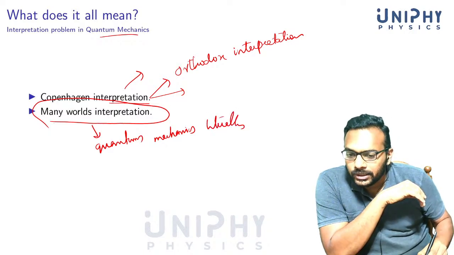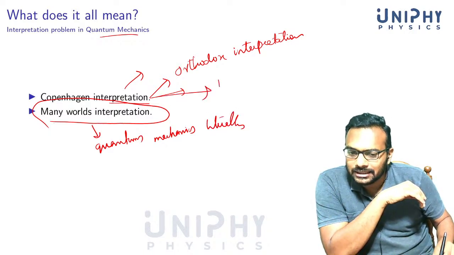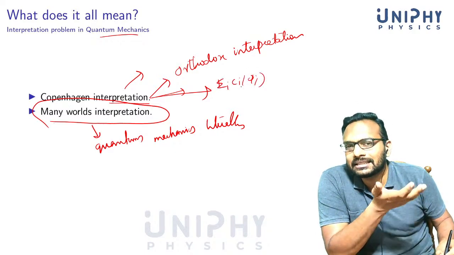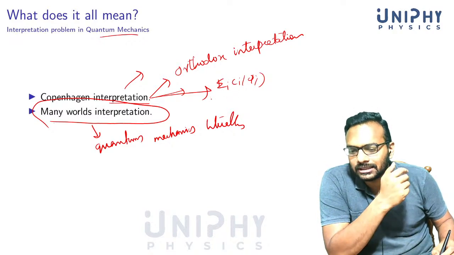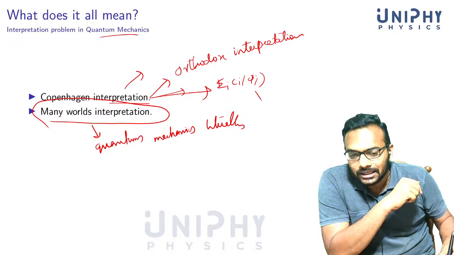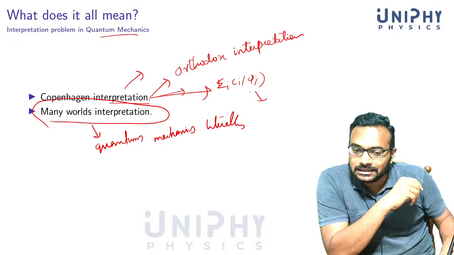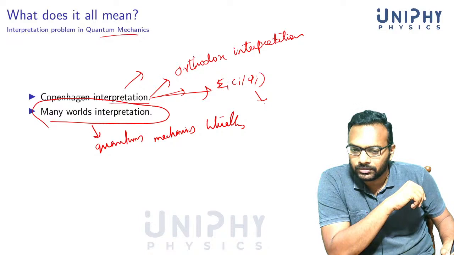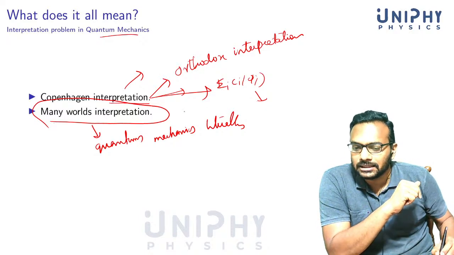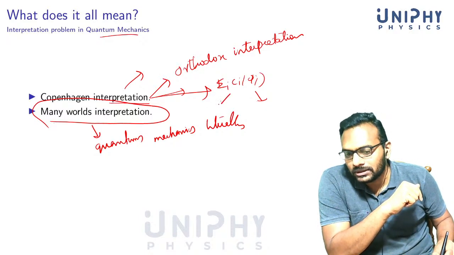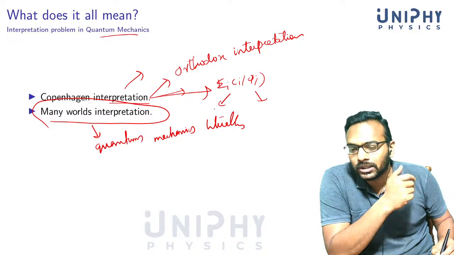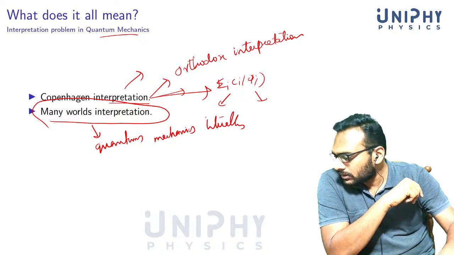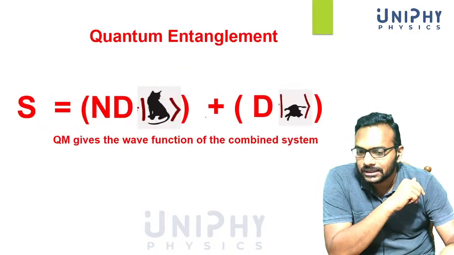Now, in the Copenhagen interpretation, when I say that the state is the summation over i of c_i phi_i, it doesn't mean that it's actually in different states at the same time. But there's a literal interpretation which says that this is actually the state of the electron. The electron is actually in different places at the same time. There are different literal interpretations. One of the approaches to taking quantum mechanics literally is known as the many worlds interpretation.